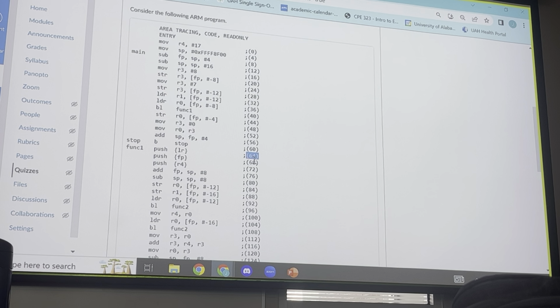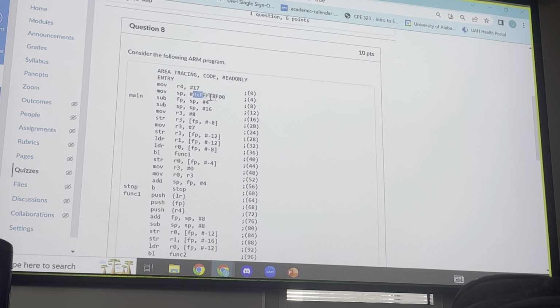No. That's what the stack pointer needs to do. There's no clue. We need the stack pointer, and that's the last time it changes. So it starts here, it changes here. Is this hex or decimal? Decimal, right? There's no 0x. Correct. Okay, so SP is updated there. We go down. I don't see it updated anymore.